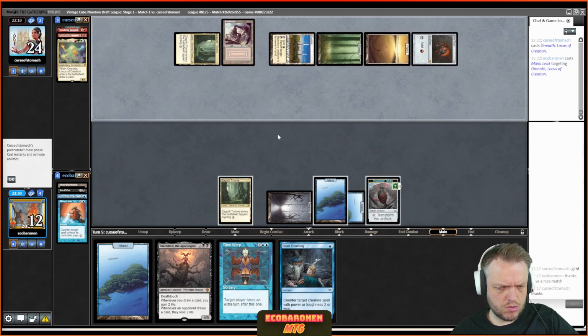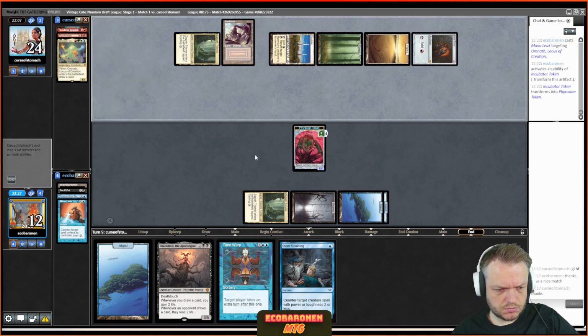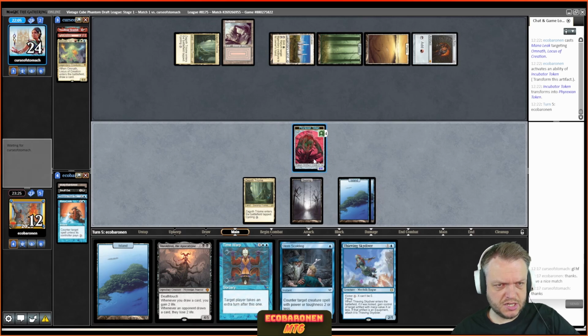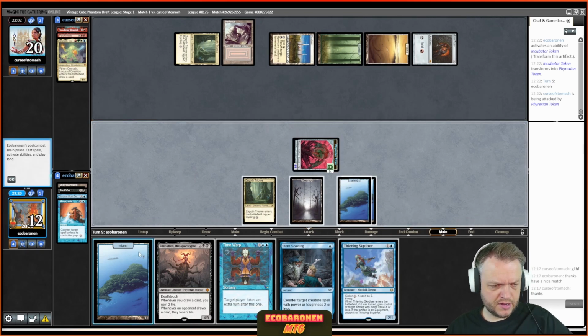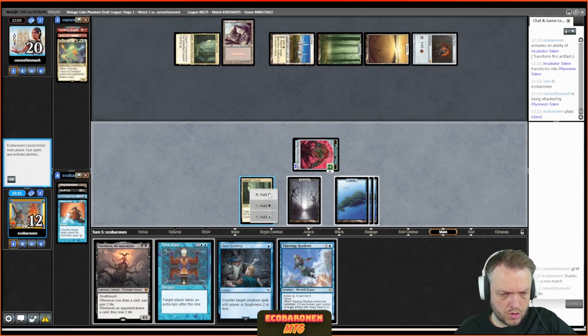Wow. Make this into a creature. I can now steal a Mox. Maybe that's decent. I think I will do that, and then kind of get a little bit greedy with my Time Warp. So I go